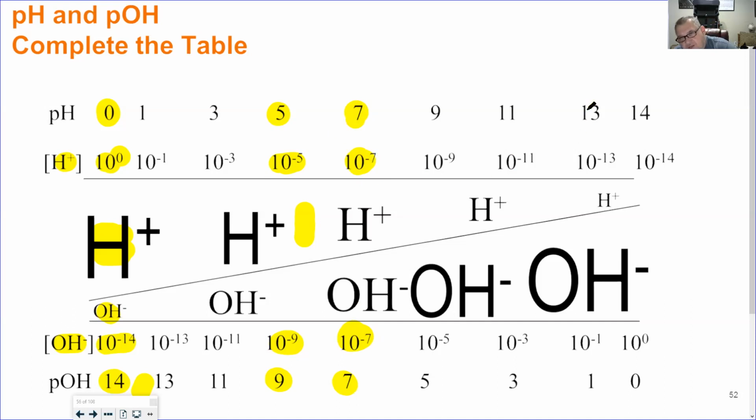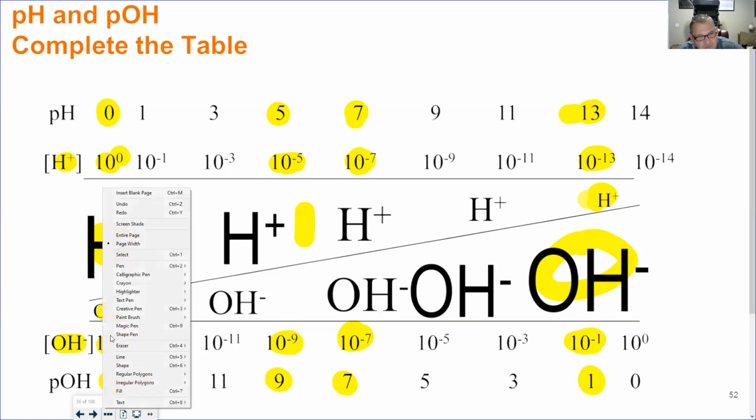And if I go to the other side of the scale, so 10 to the minus 13th corresponds to pH 13, there is only a trace amount of hydrogen left, but now the OH minus is huge. So the OH minus is here at 0.1 molar, or pOH of 1. So the thing that we see when we start to realize what this graph is saying is that the things are tied together,